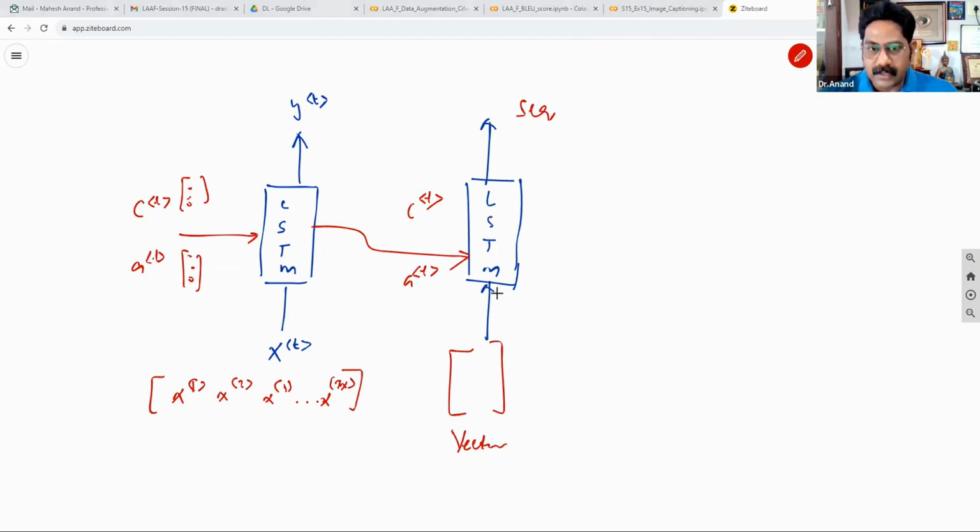That means, initially, when we train the model, what is the vector here? The start of the sentence will be given a unique identification, a unique integer representation, because this LSTM has already been trained in such a way that whenever it is started with